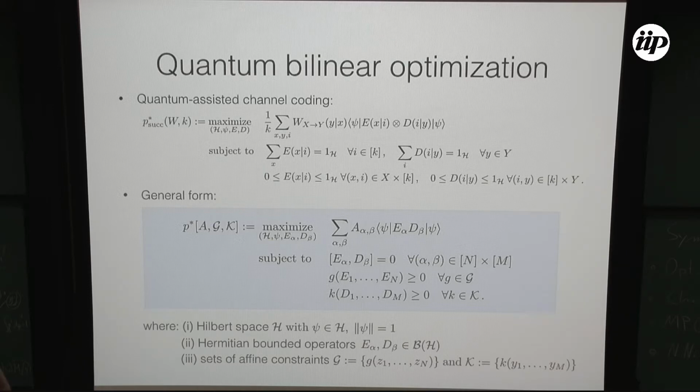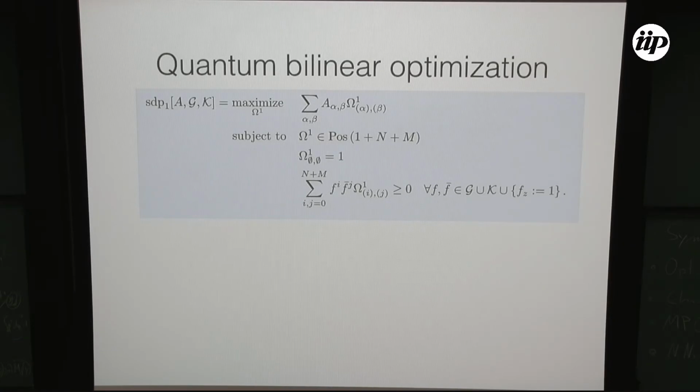But this is really the setting that we can cover. For example, in the second part of Omar's talk this morning, he was looking at quantum channel coding, and in this quantum channel code, the psi vector was actually fixed. The Hilbert space was fixed, and this psi vector was also fixed. But here the setting is really that we want to optimize over those as well.